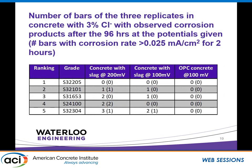So to put this in a summary, here we have what we call the ranking for this test. So the data outside the parenthesis is from the visual observations, for 3 replicates of each. So in this case, for example, if we looked at this 31653, we had corrosion on 2 of the 3 bars, but it didn't go above that pass-fail line in the electrochemical tests with this one, with